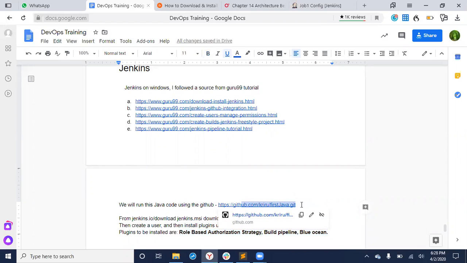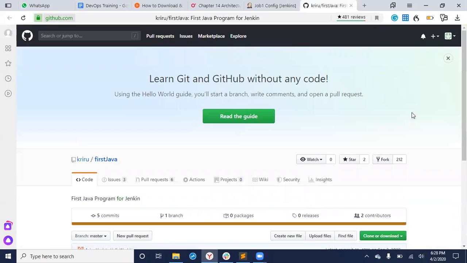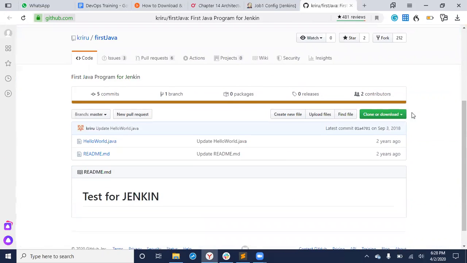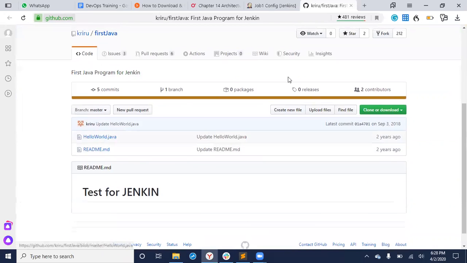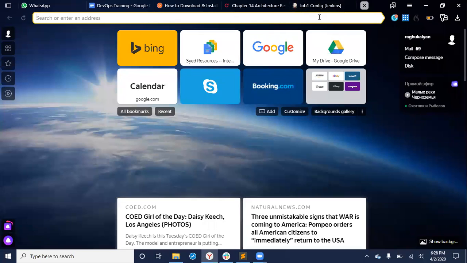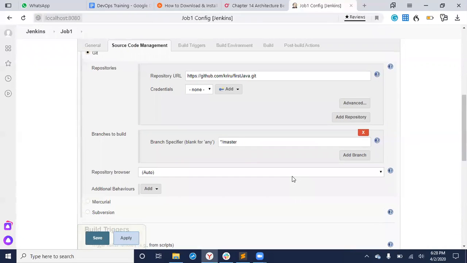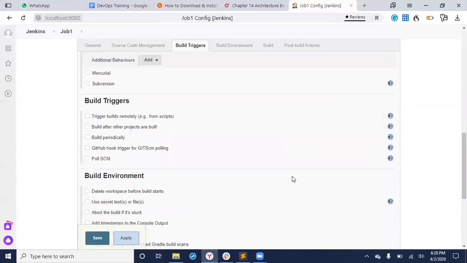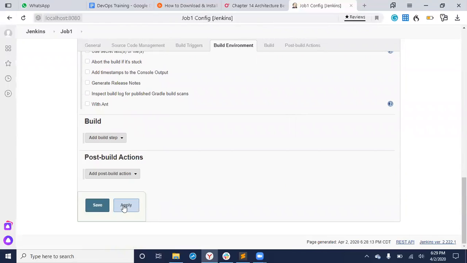Actually, you can first check what it is there in this. Some kind of hello world Java code. I'm just trying to build some kind of a Java application. Means deploy, not build, just run it. So this is very simple. It just has a simple hello world.java. I need to compile it and run it. So now I'm copying the same URL, putting it to the URL. Since this is not mine, I'm not putting any other credentials. Rest all the branches, you just leave it open. Now we'll just save it.